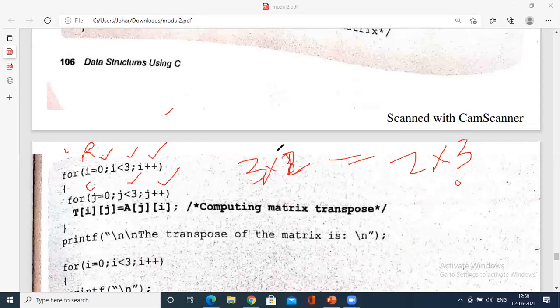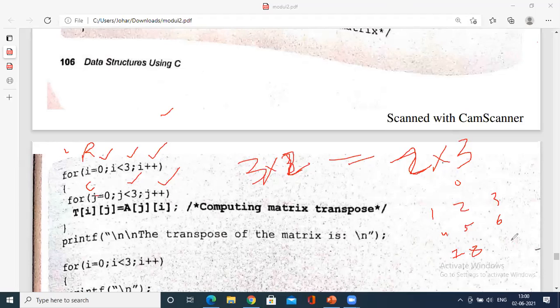So in the transpose, what will be the final thing? This becomes 2, and in this case it becomes 2. Try to understand the concept clearly, all of you. Then you have to just swap the positions. For example, 1 2 3, 4 5 6, 7 8 9, just for the sake of understanding.